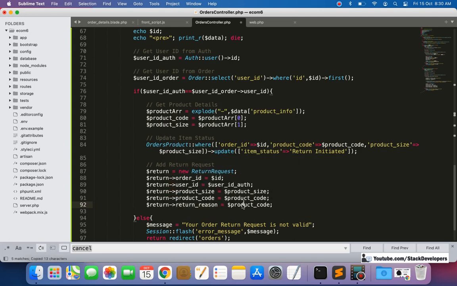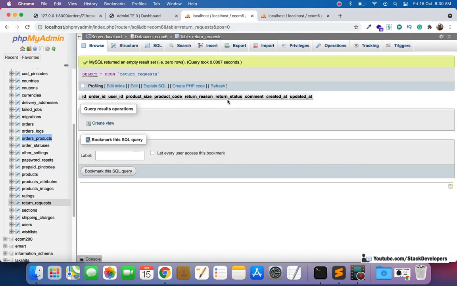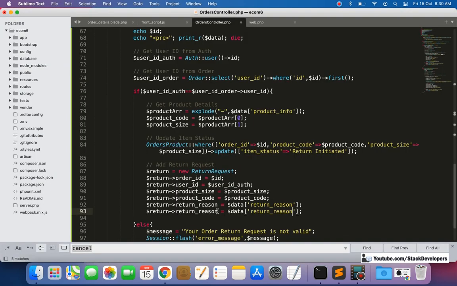Return reason we are getting from the user. After that, return status will first of all be pending, as the admin will approve or reject. The admin will decide, but first of all it will always be pending.